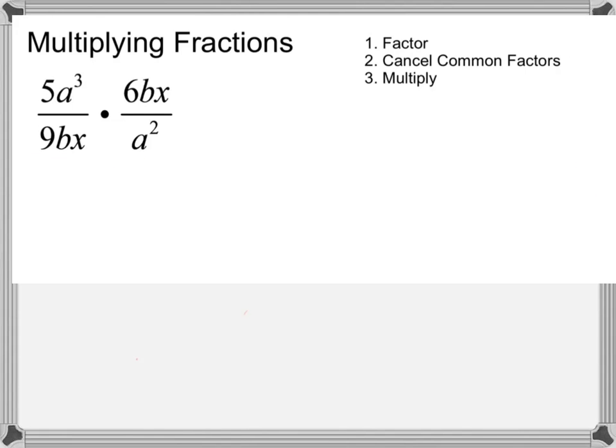Okay, so when we multiply fractions, it's going to be similar to the method of multiplying arithmetic fractions. So let's just recall, if I have an arithmetic fraction that's a ratio of two integers, let's say I have 3/4 times 8 over 9. Now 3 over 4 is in simplest form, which means that 3 and 4 do not share any factors other than 1. And 8 over 9 is also in simplest form because 8 and 9 do not share any factors other than 1. But before I multiply, I want to look at the numerators,